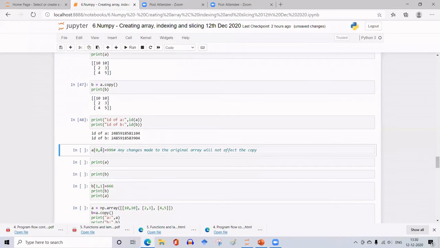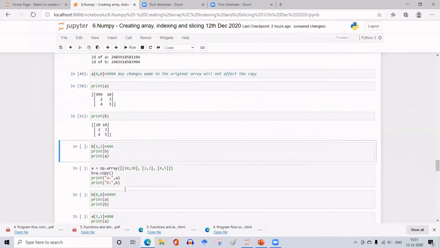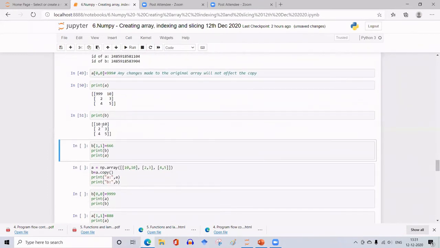Now let me change in A, that is the parent array. The first element, I'll change it to 999 and print that. So A is having a change in the first element. What about B? B has not changed.